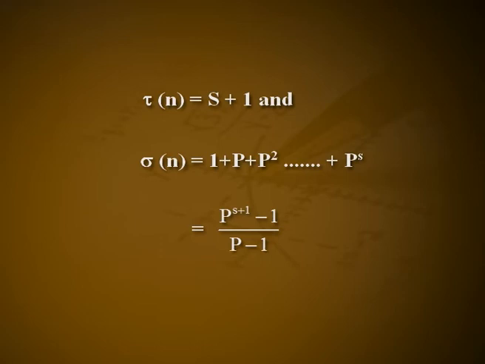Hence, tau of n = s + 1 and sigma of n = 1 + p + p^2 + etc. + p^s, which is equal to (p^(s+1) − 1)/(p − 1). Next, suppose the results 1 and 2 hold when an integer has r − 1 (r ≥ 2) distinct prime factors, and that n > 1 is an integer with r distinct prime factors, that is n = p1^s1 × p2^s2 × etc. × pr^sr,